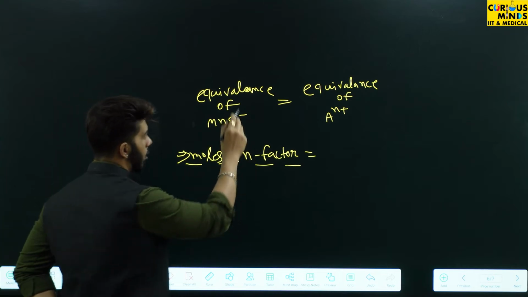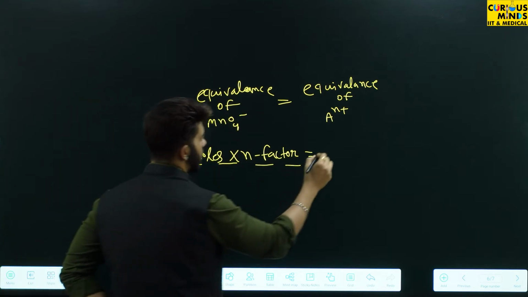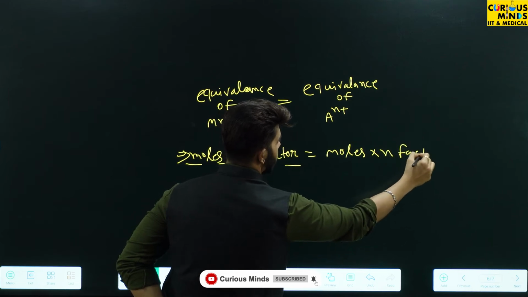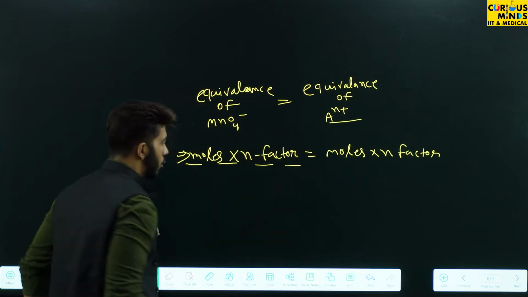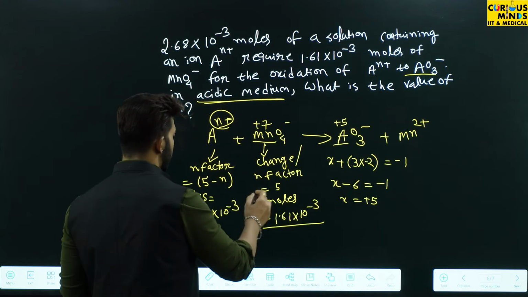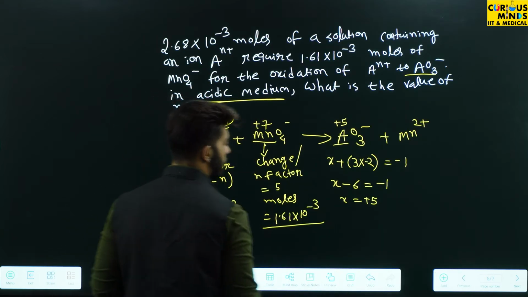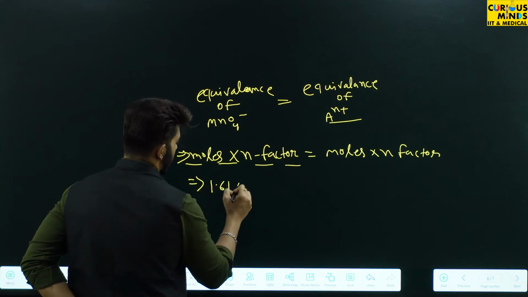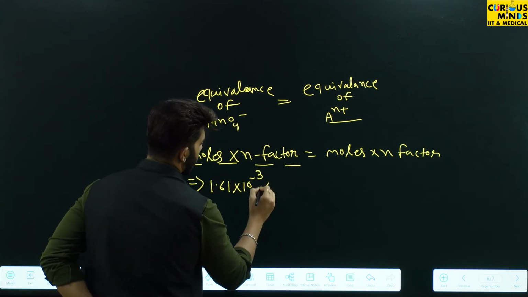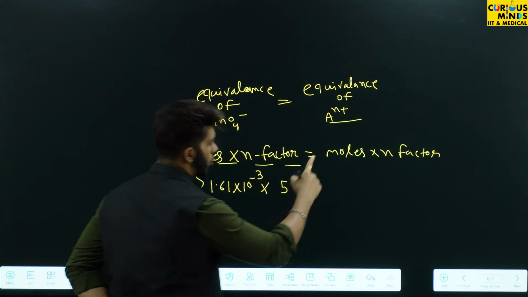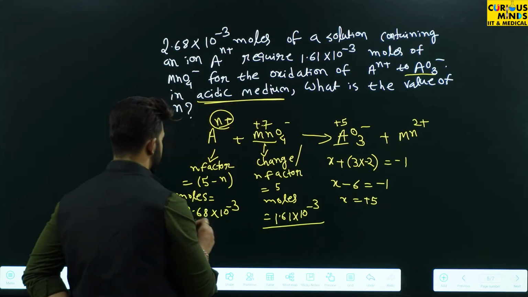Moles into N factor of this MnO₄ minus equals moles into N factor of An plus. Now what is the mole of MnO₄ minus? Let's go back and check out. So the mole of MnO₄ minus is 1.61 into 10 to the power minus 3. So it's 1.61 into 10 raised to the power minus 3. What is the N factor? 5, right? Equals, what is the mole of this? Let's check out. It's 2.6